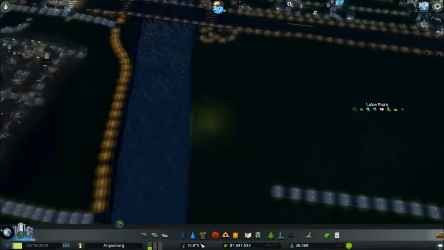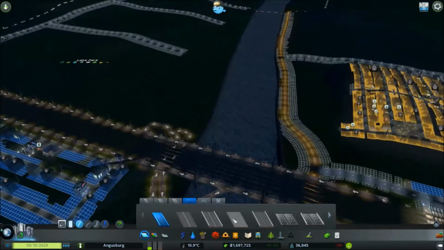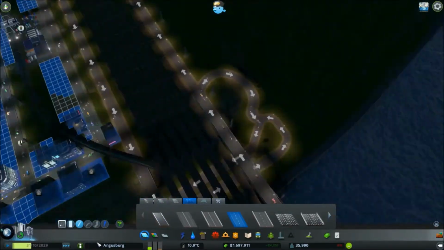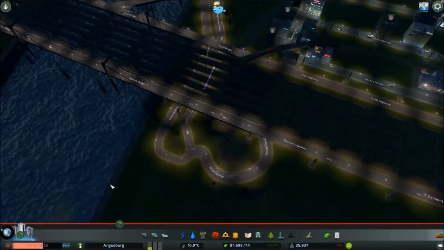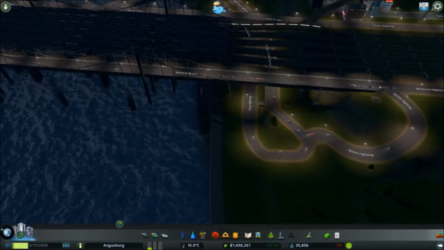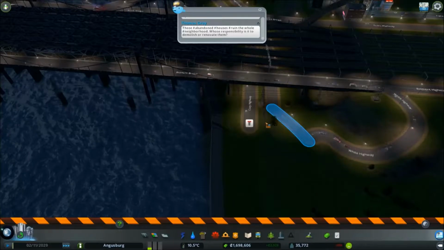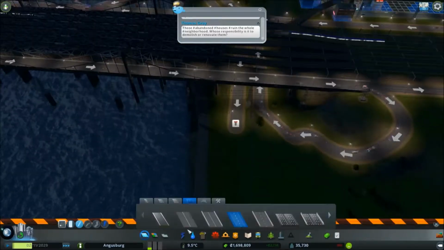I have a few ideas. Like, obviously I want to have the quay there. That's why I put it in during the time-lapse. I do want to continue on with the highway. We'll just actually let this run for now. There's no traffic here, so we can go ahead and just click this. So we'll start with